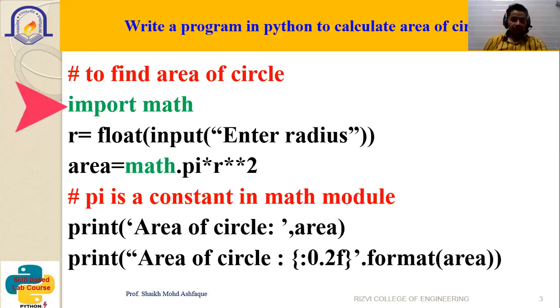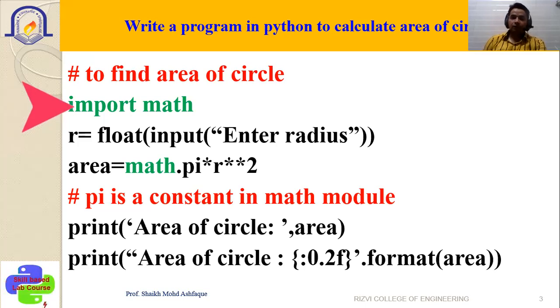In Java, we write import java.io.*. What is the meaning? This is one of the packages where the input output classes and methods are available. Similarly, in Python there are many packages which are already defined or made by users. You can import them with the help of the import keyword, then the name of the package. These inbuilt packages are available, and we have to import them.